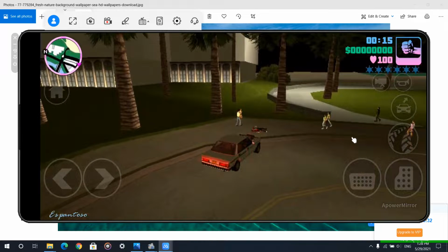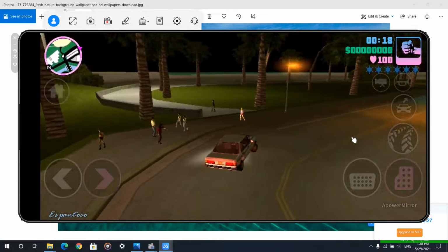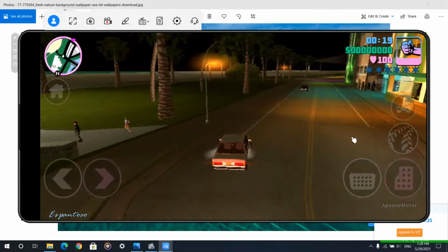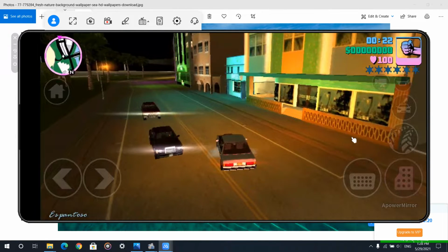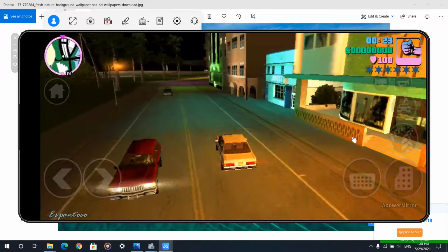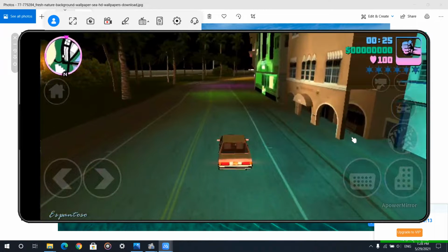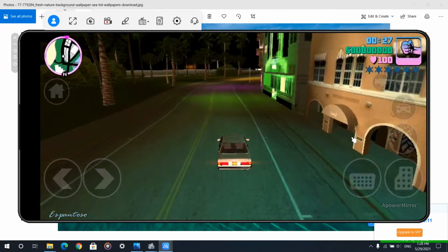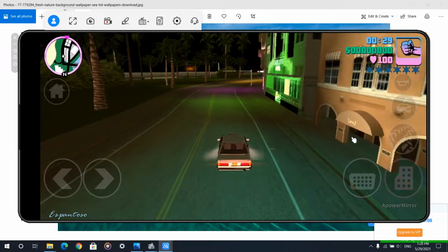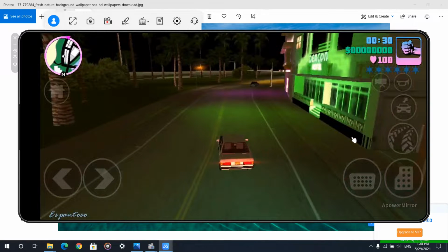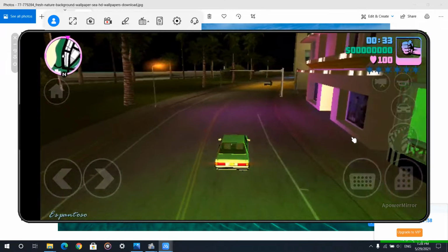Guys, by sharing this mobile screen to the PC, it is lagging a little bit, but if you play on your Android phone, it will not lag anymore because the graphics quality and other quality are all balanced in this app. You can use any functions in this as you play in the PC version. You can get out, get in, or do anything in this as you were playing in the PC version. And guys, you can see here the map also.